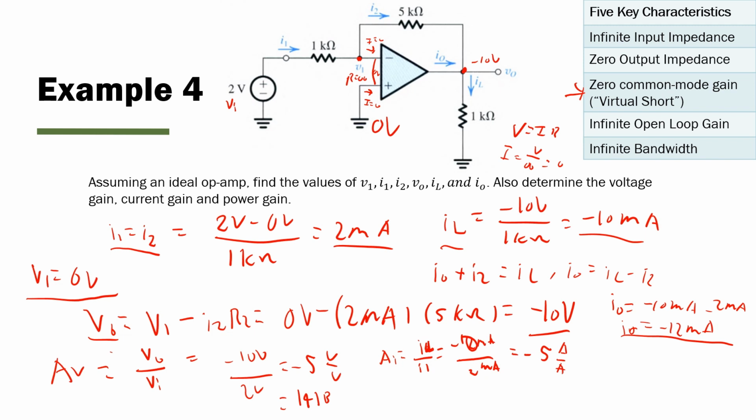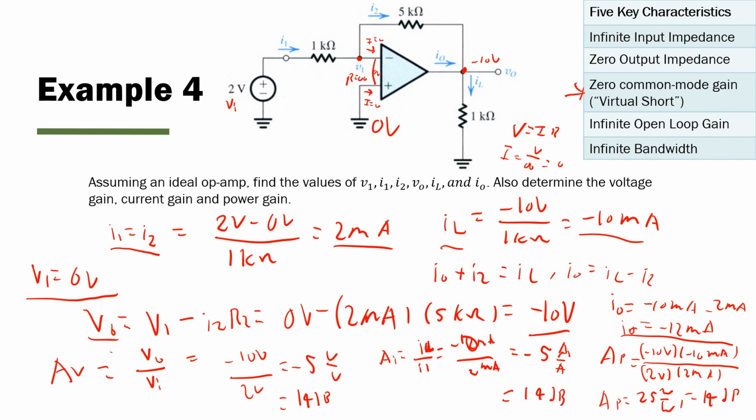So we actually get negative 5 amp per amp. In dB, this is equal to 14 decibels again. Lastly, power gain will just be output voltage times load current divided by input voltage times input current. So that is negative 10 volts times negative 10 milliamps, divided by 2 volts times 2 milliamps. So the power gain is equal to 25 watt per watt, and in decibel, this is equal